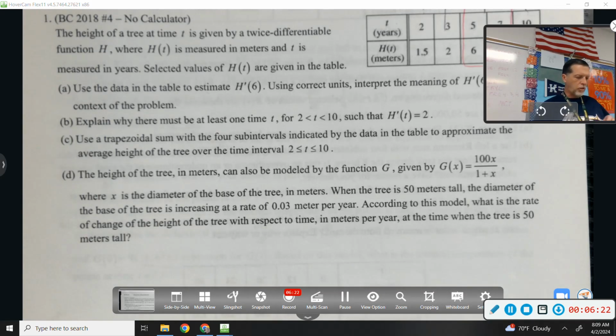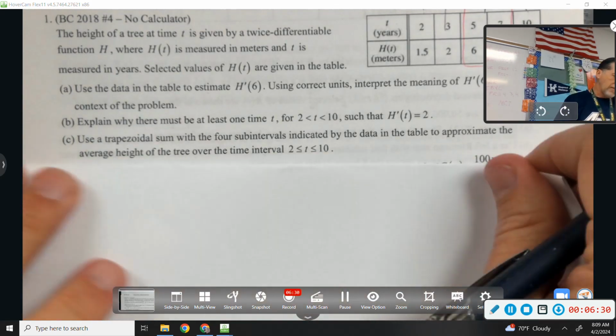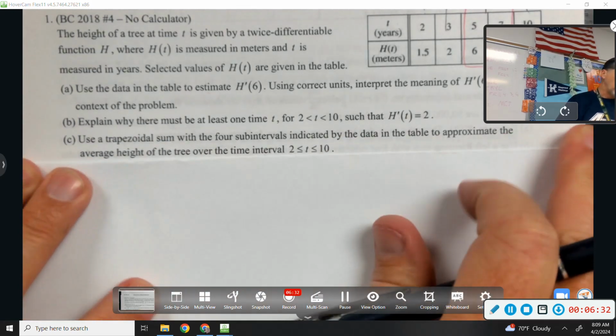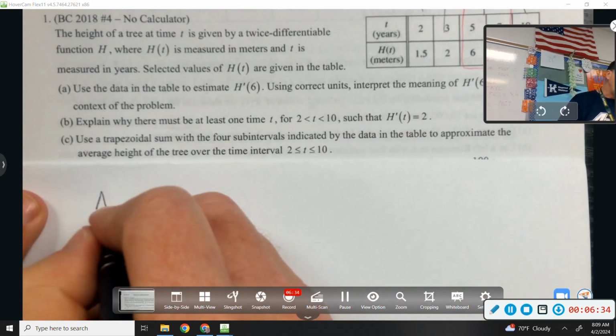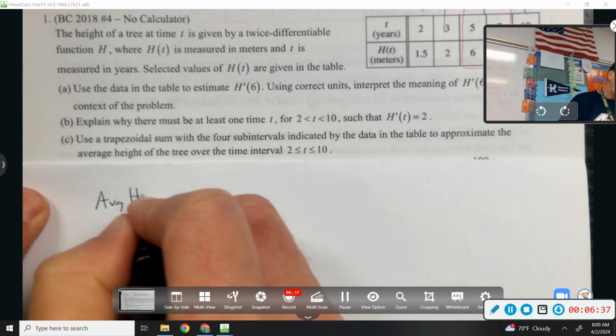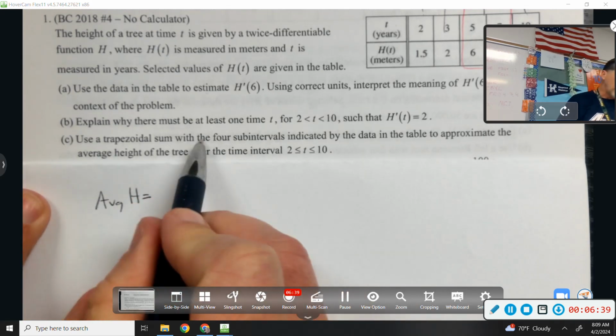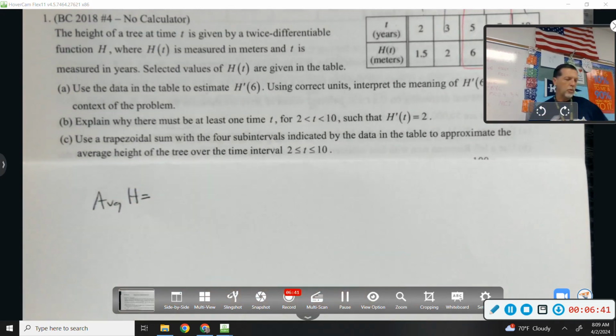Part C, use a trapezoidal sum with 4 subintervals to approximate the average height of the tree. Oh, this is going to mess people up. The average height of the tree, they're going to see trapezoidal sum and they're just going to do the trapezoidal sum, but that's not